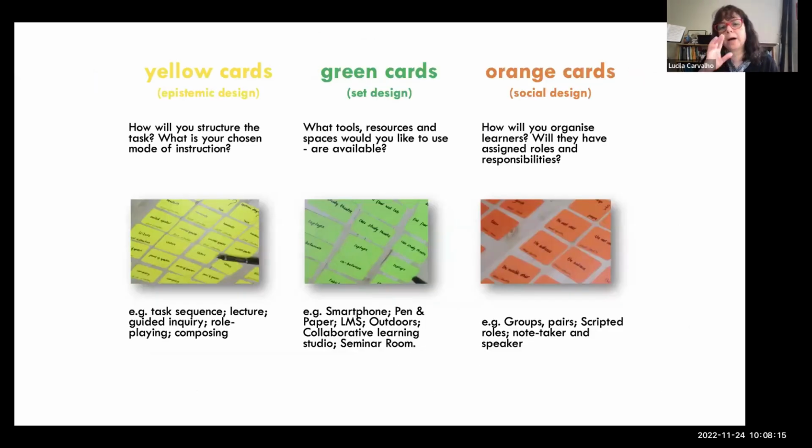And then the other sets of cards reflect the design dimensions of the ACAD framework. So talk about in terms of epistemic design, set design, and social design. So looking at ideas for learning tasks and the mode of instruction, and then ideas for tools and resources and spaces, and then ideas about types of social organization of students, and what can you actually do in terms of organizing different types of activity, so in social